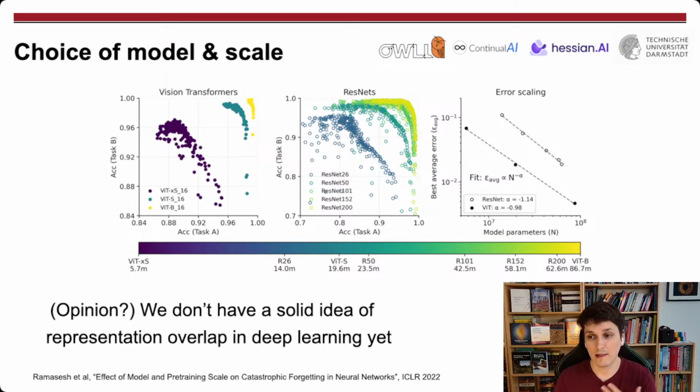It's really about, let's not care about any of this. Let's not put any algorithm at all and see which methods forget more, which methods forget less. Models, not methods. Which models forget less and which forget more, depending on their size. And so in the legend, you can see, first of all, that there are two types of models investigated here: